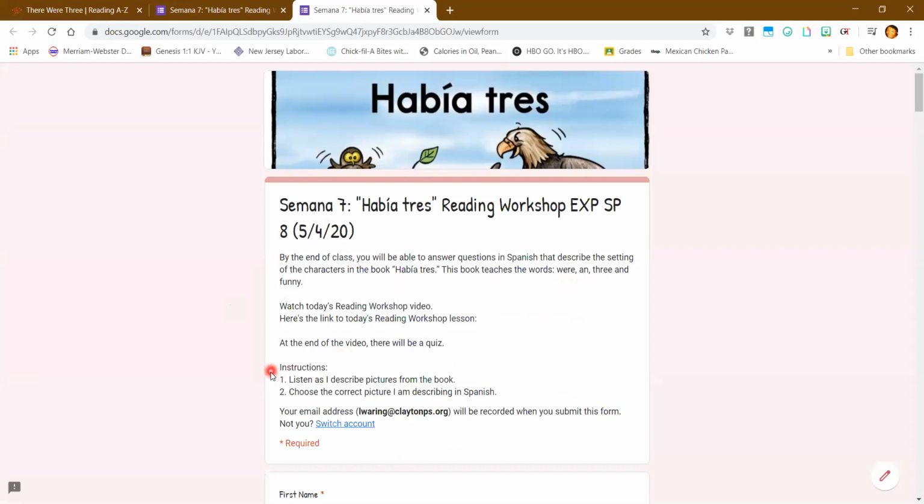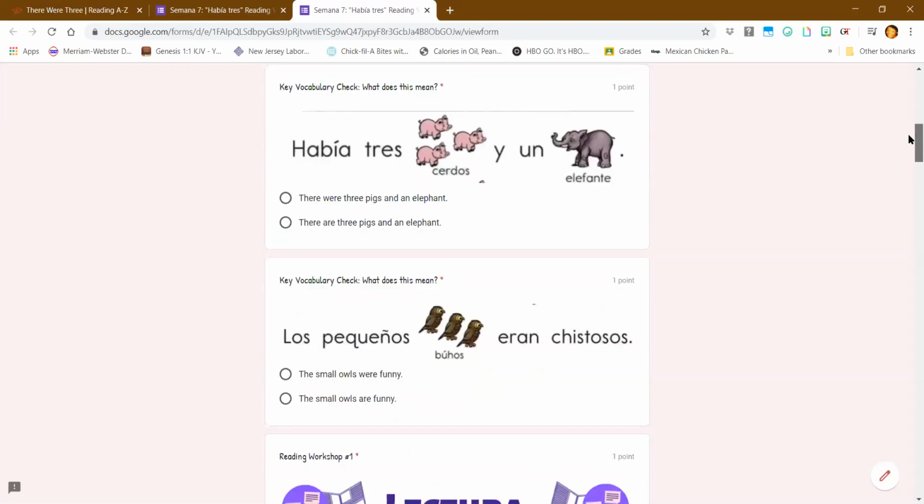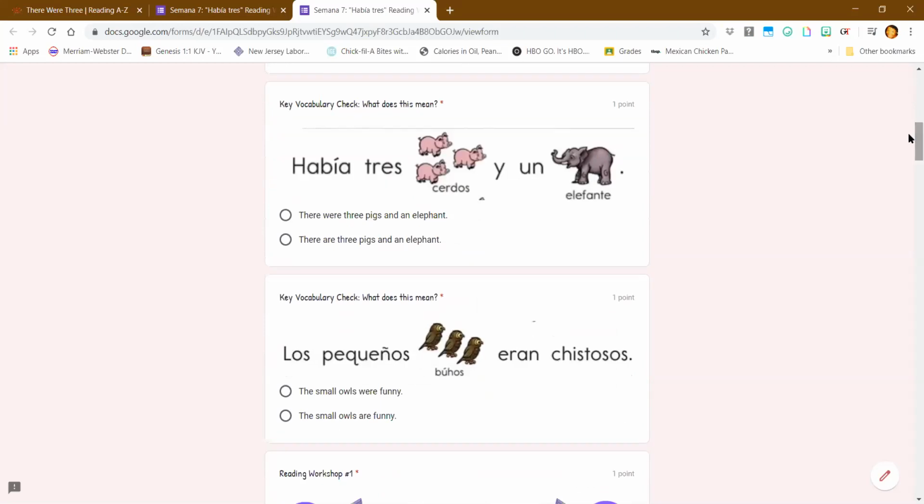So here are the instructions for the quiz we're going to take. Listen as I describe pictures from the book. Choose the correct picture I am describing in Spanish. Make sure you write your name, your last name, and let's go to your key vocabulary check.